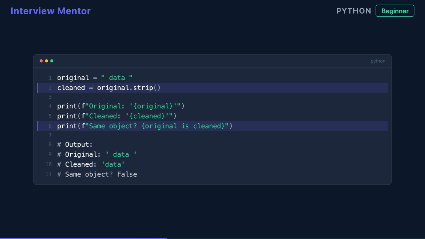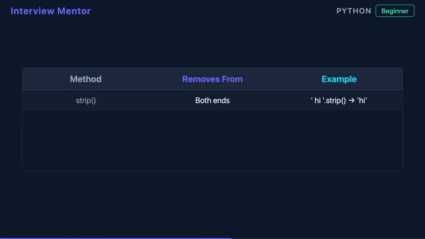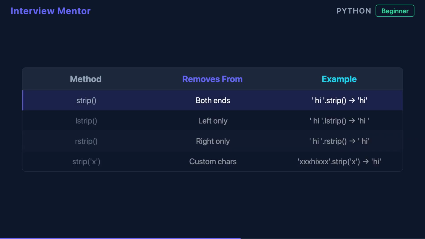Here's a critical detail. Strip doesn't modify the original string. It returns a new string with whitespace removed. That's because strings are immutable in Python. If you want to keep the cleaned version, you need to assign it to a variable. The original remains untouched. Python also gives you lstrip for removing whitespace only from the left side and rstrip for